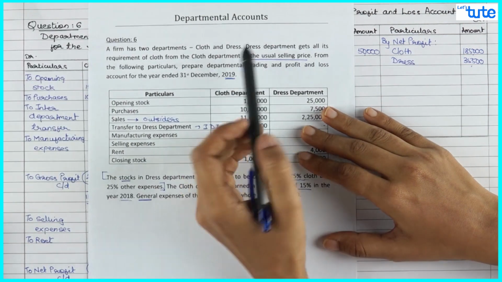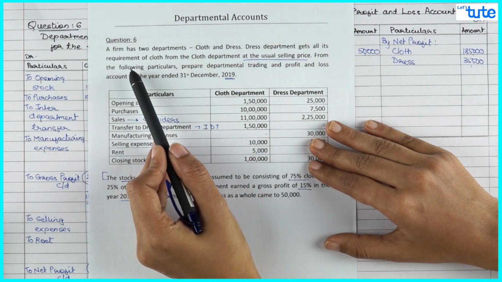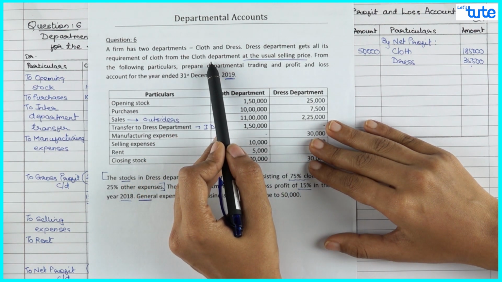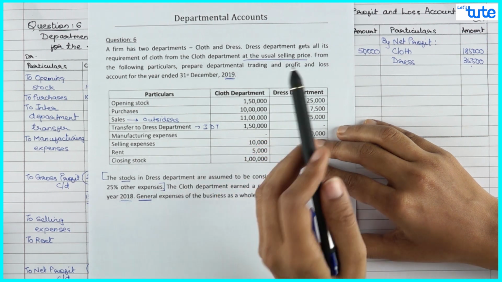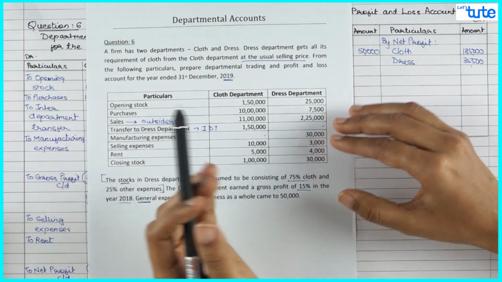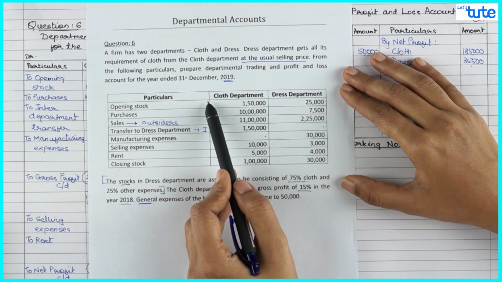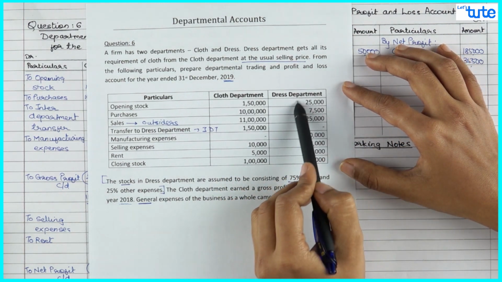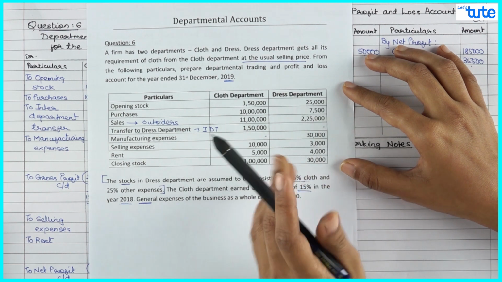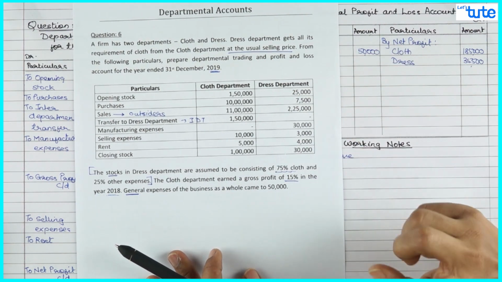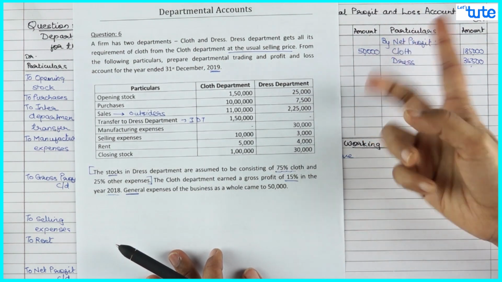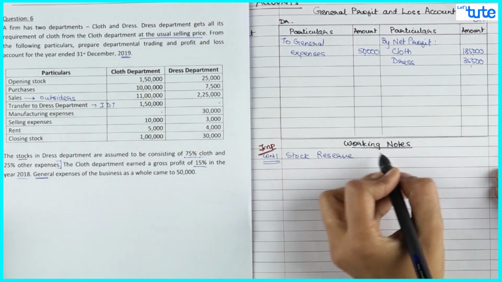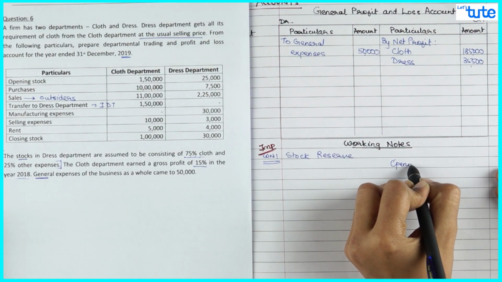So if in the current year dress department gets all its requirement of cloth from cloth department at selling price, in the previous year also it would have been receiving cloth at selling price. So there would be some unrealized profit in the opening stock also. So we need to calculate unrealized profit on opening stock and on closing stock. So I'll make just two columns, one for opening stock,